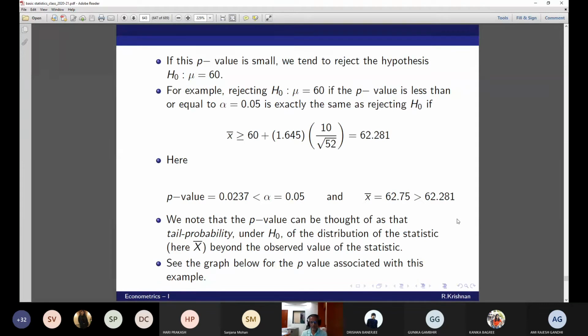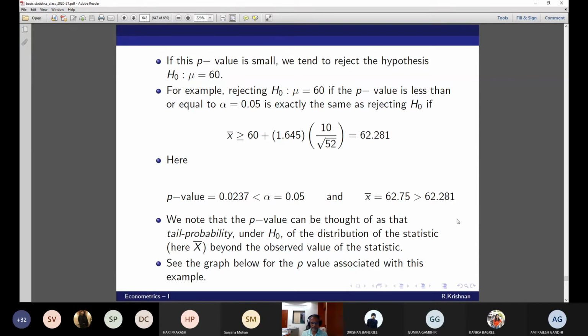You practice all problems. We'll also take some problems later on. I'll send some practice questions also. You do all this, but you have to keep only the following ideas in mind. What is a type 1 error? It is nothing but the significance level. What is a type 2 error? The probability of rejecting the true null. Okay, sorry, the probability of accepting a false null.